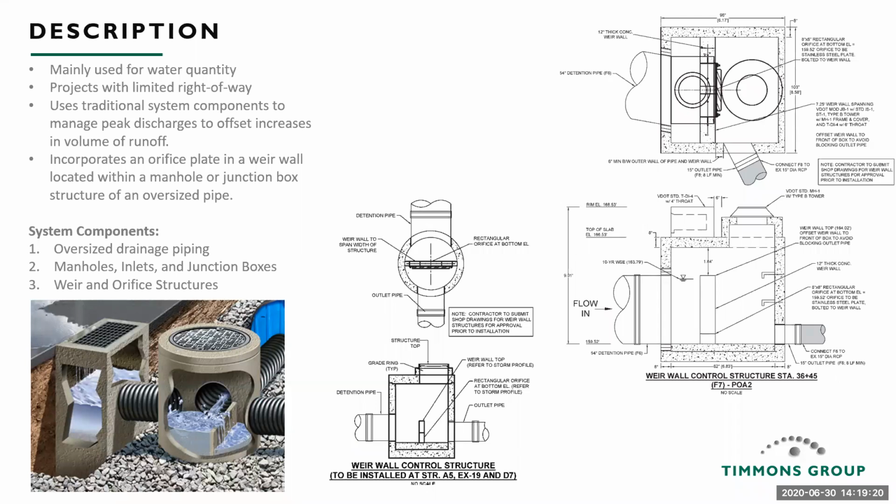Mainly, a lot of localities are interested in what we're seeing installing these within the right-of-way. Some of them don't like to have above ground BMPs traditionally within the right-of-way, so they're looking for alternative solutions. For these, for like permeable sidewalks, instead of permeable sidewalks, I mean. So we're using these for a lot of smaller footprint BMPs.